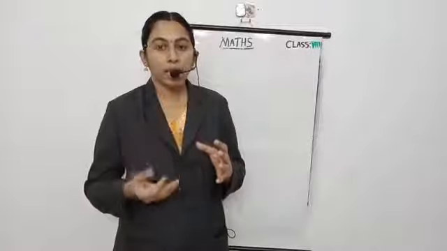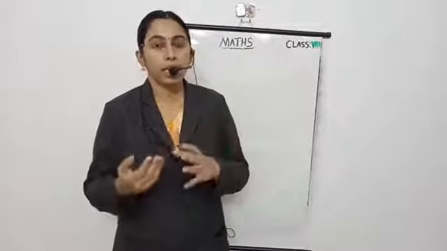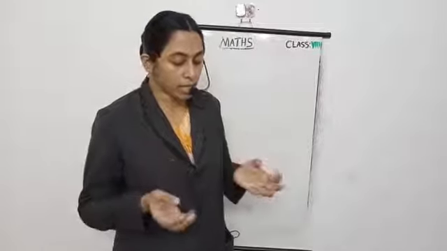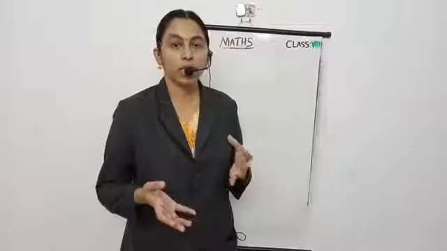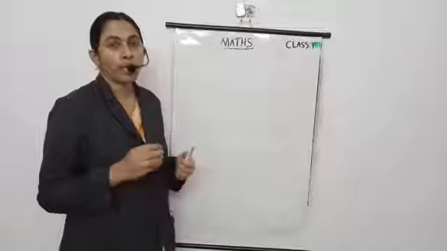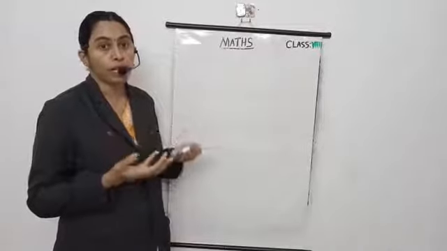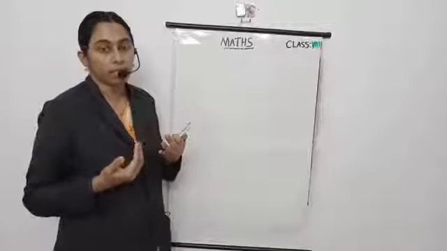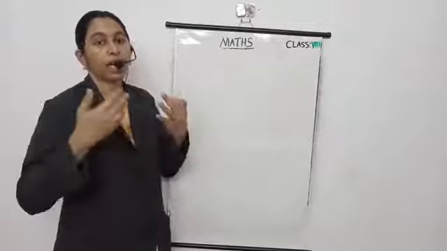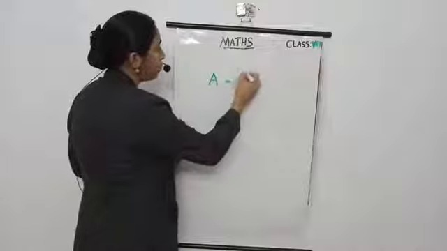Then at the end of the second year, that interest is added to the amount, and it becomes the new principal amount in the third year. That is, the interest is calculated on the amount of the previous year, that is compound interest. We have a formula for finding the amount at the end of the period. If we deposit for 3 years, then at the end of 3 years we get an amount equal to P into